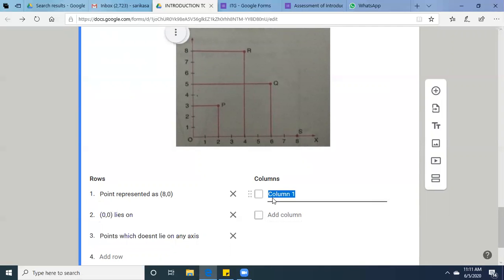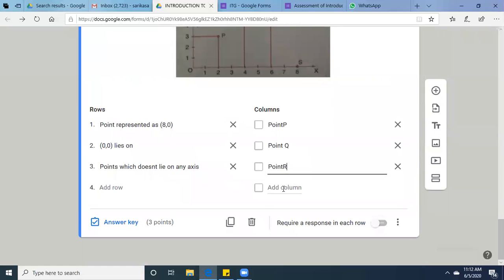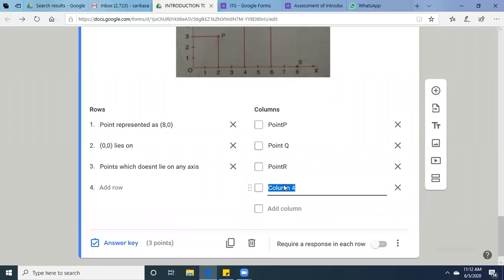Now in columns, I'll be typing point P here, point Q here, point R here, point S.